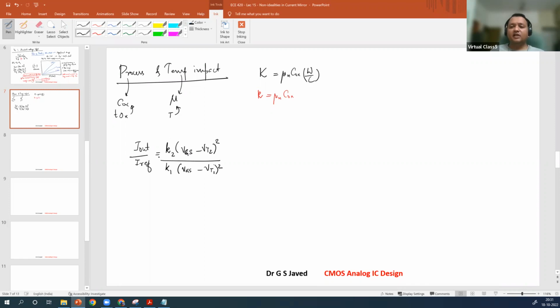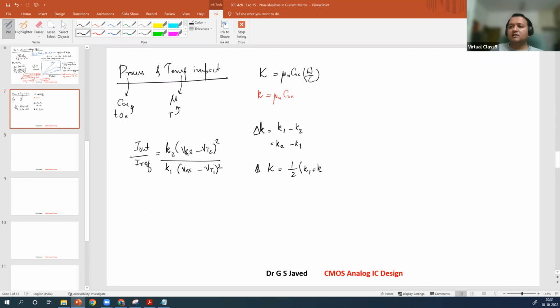Now let us define a delta value for this, delta K. So delta K is equal to K1 minus K2 or K2 minus K1, we will see which one is applicable. We need to define K, which is given as